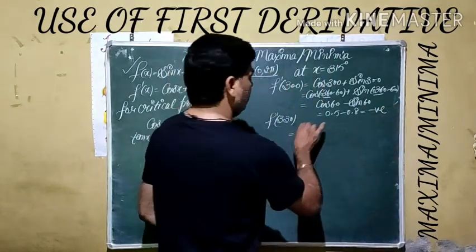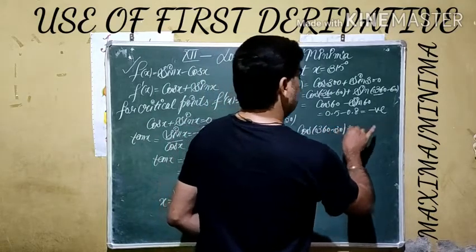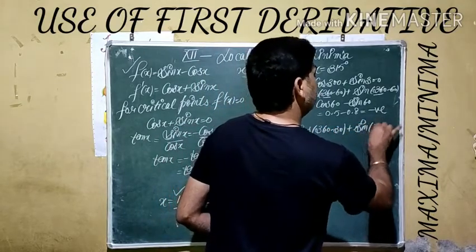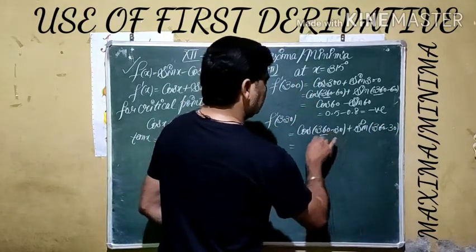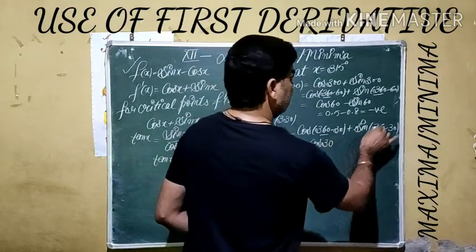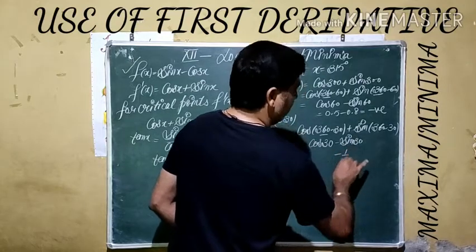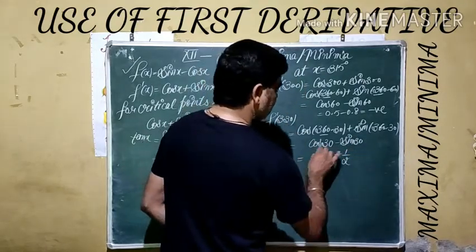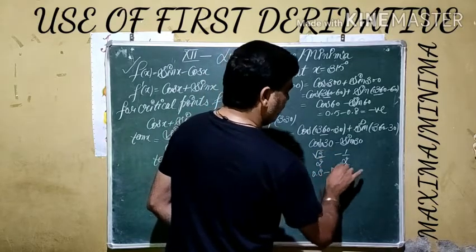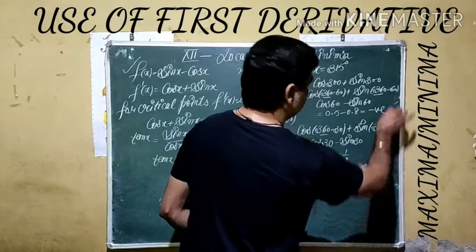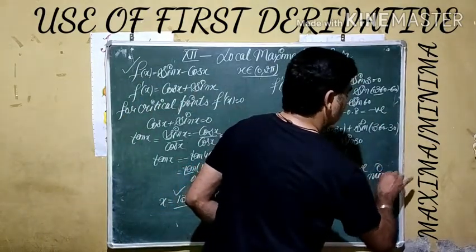At 330, we can convert 330 as 360 minus 30, and sin is also written as 360 minus 30. If we use it here, cos 360 minus theta is cos theta, and sin 360 minus theta is minus sin theta. Sin 30 from the table is 1 by 2, and cos 30 is square root 3 by 2. Square root 3 by 2 value is 0.8, and the other is approximately 0.5. So the answer comes out positive. Change of sign from negative to positive, so it is a point of minima.